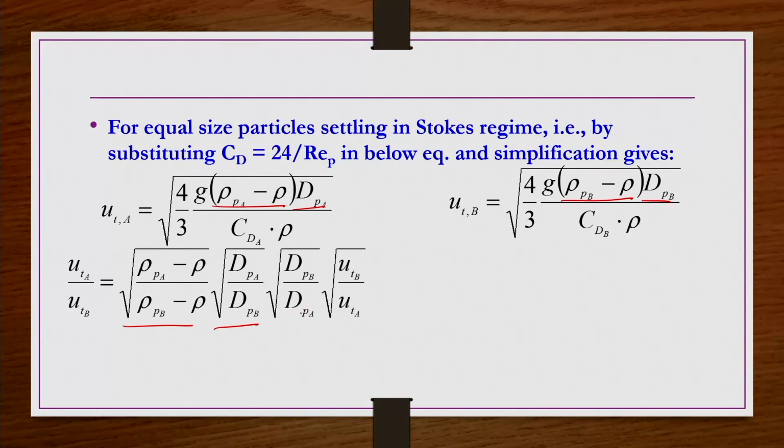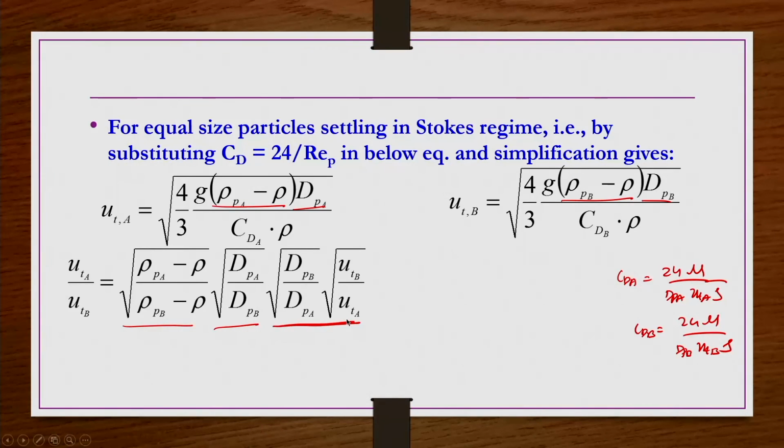If you substitute CdA equals 24 mu by dPA UTA rho, and then CdB equals 24 mu by dPB UTB rho, and simplify,